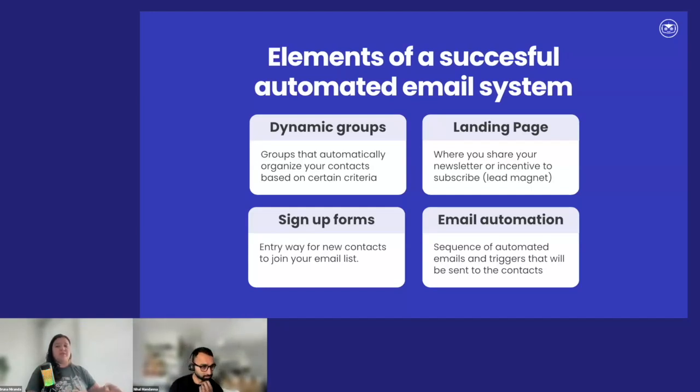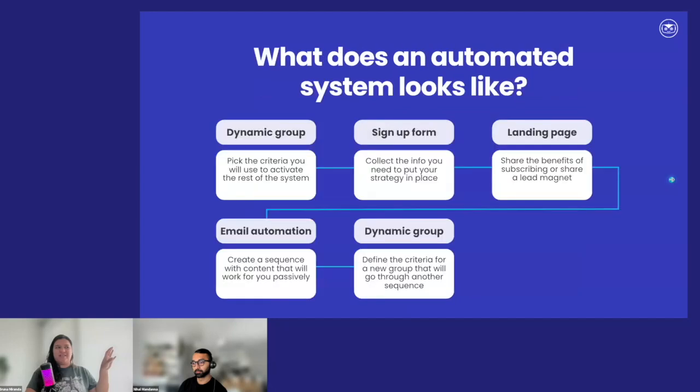And then we have the email automation, or automation scenario, or campaign automation, however you want to call it. That was the first thing I asked about: a sequence of emails that goes out without you having to go in and click on each one. Those are the elements. Is everyone good with these? This is what we're going to play around with in the next few slides.